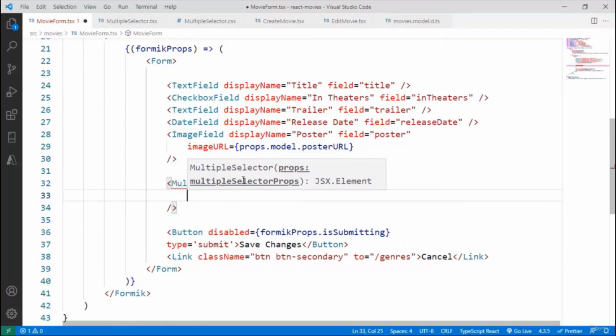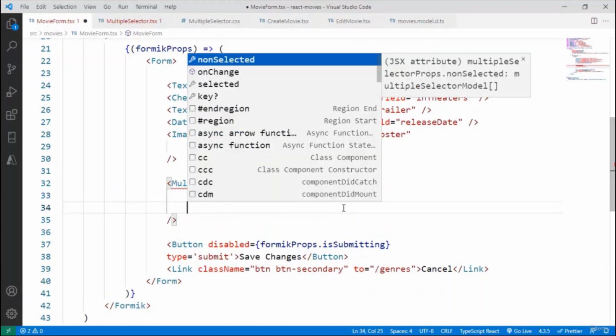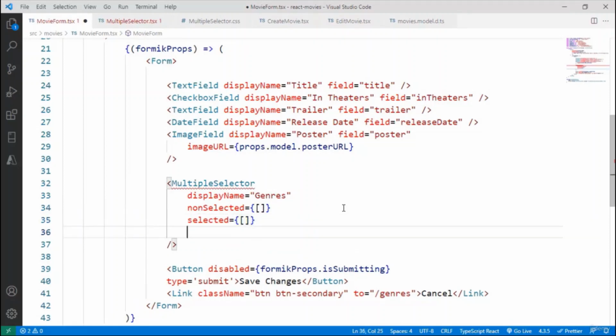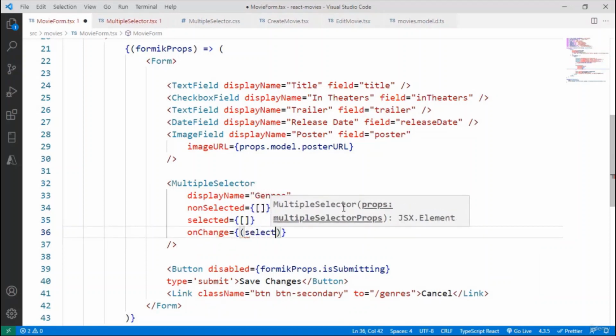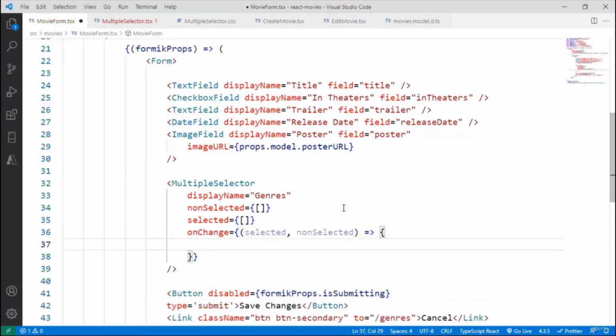I have to say here display name, genres, then non-selected. For now, I'll just put an empty array, then selected, also an empty array, and finally onChange, I'm going to say here, this should be an expression, selected, non-selected, and in here we're going to do something in just